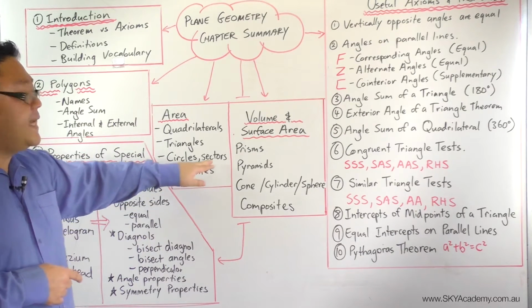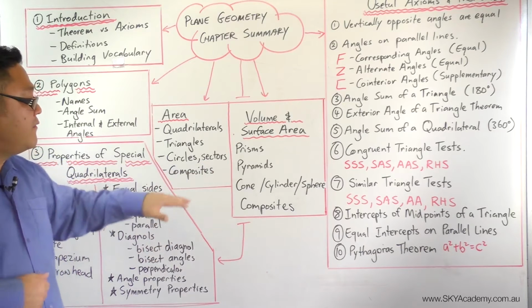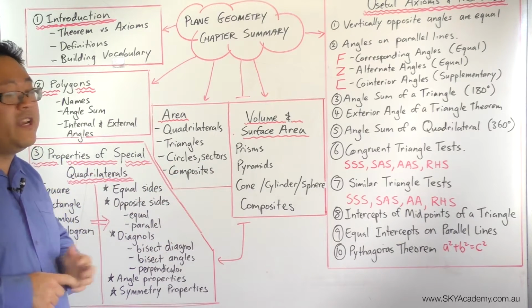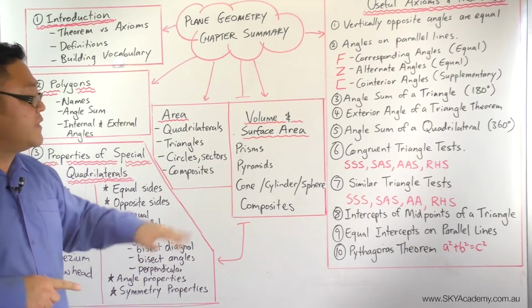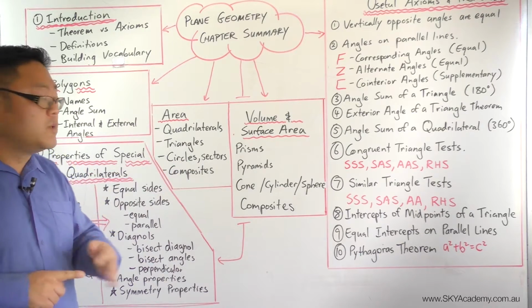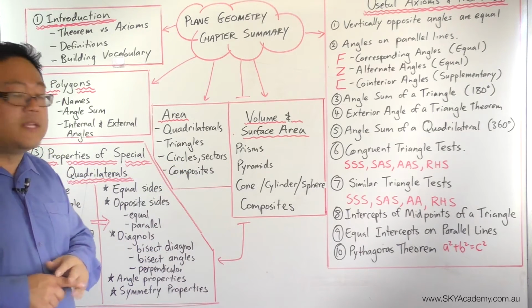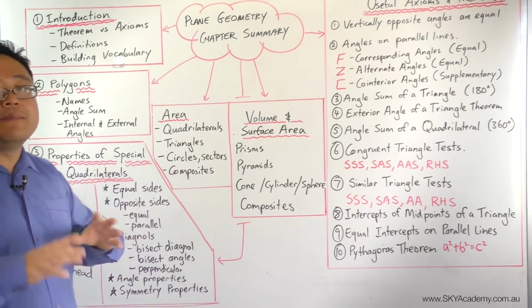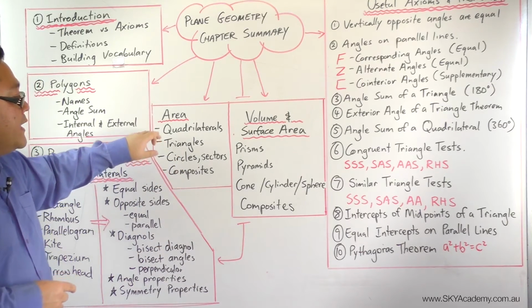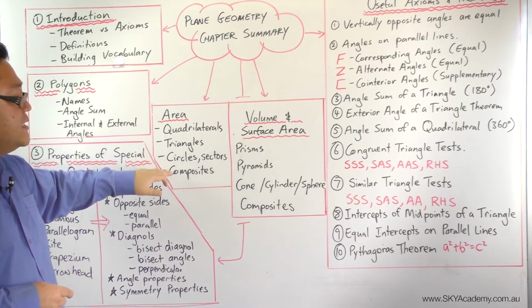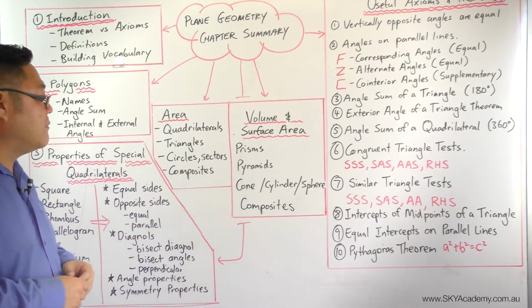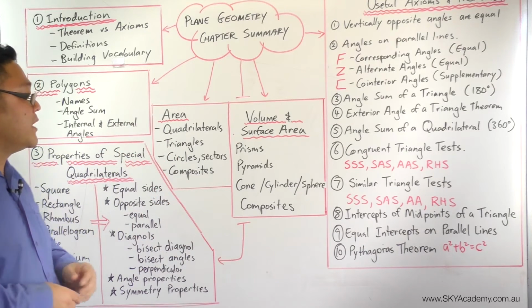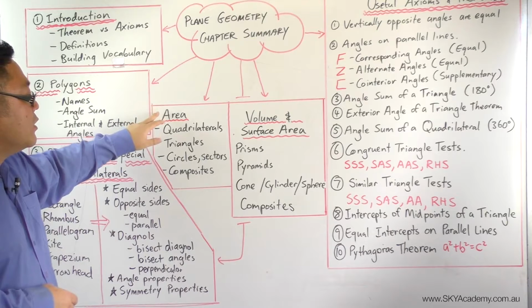Sectors would be a fraction of that circle, so it includes quadrants, which will be a quarter of a circle, semicircles, which will be a half of a circle, etc., and composite shapes, which are a combination of working out each of these different shapes and making a bigger, more complex shape out of that. So we looked at the area